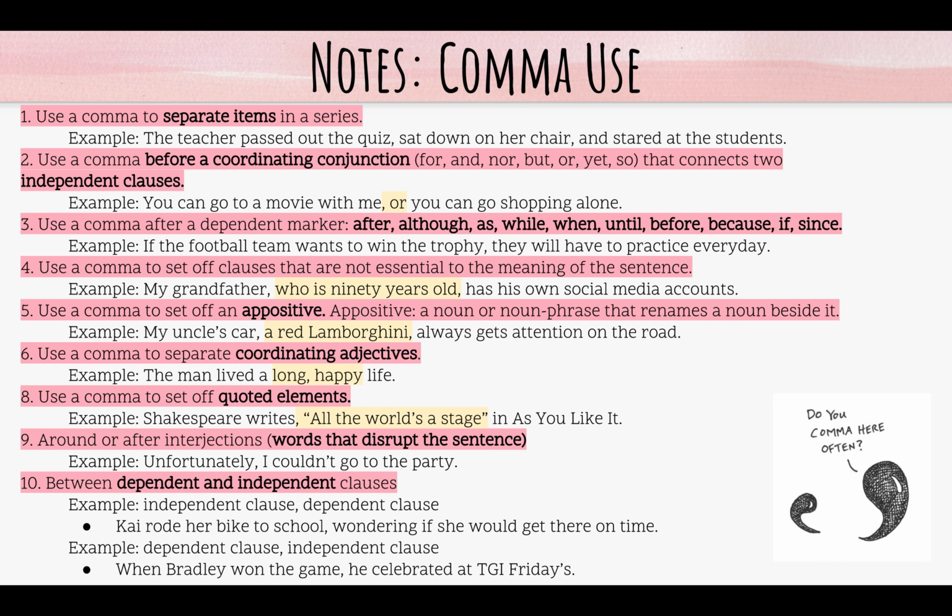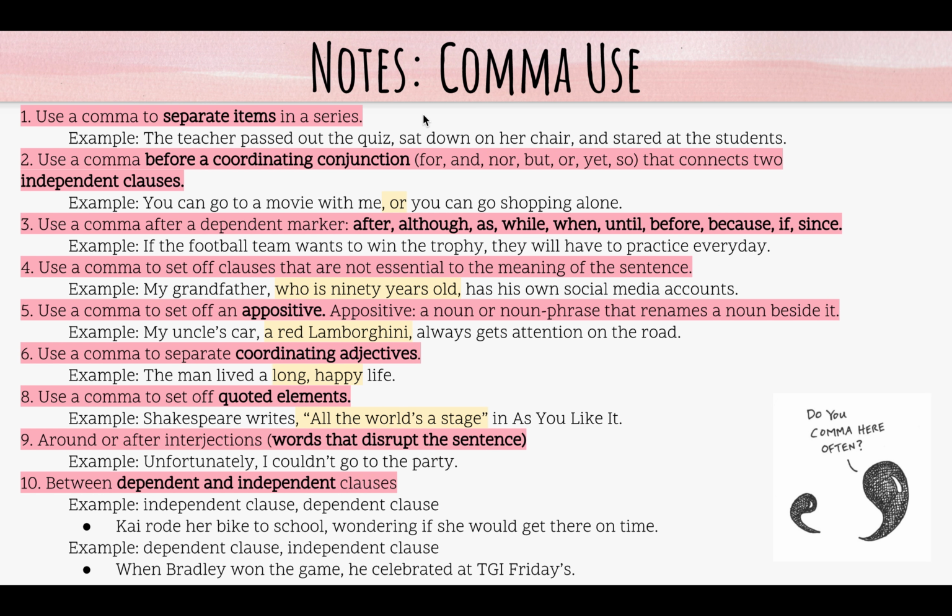So a lot of you guys are familiar with rule number 1, which is using a comma to separate items in a series. So for example, the teacher passed out the quiz, comma, sat down on her chair, comma, and stared at the students. Notice how the sentence also uses what's called parallel structure, so that all the verbs and the nouns are pretty much structured in the same way. So passed out, she sat down, and she stared at. Okay, so all these verbs are in past tense,